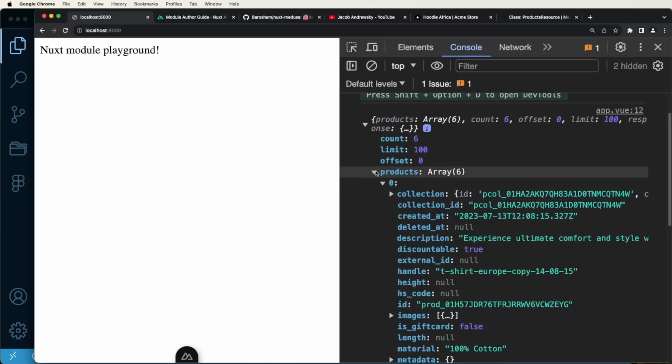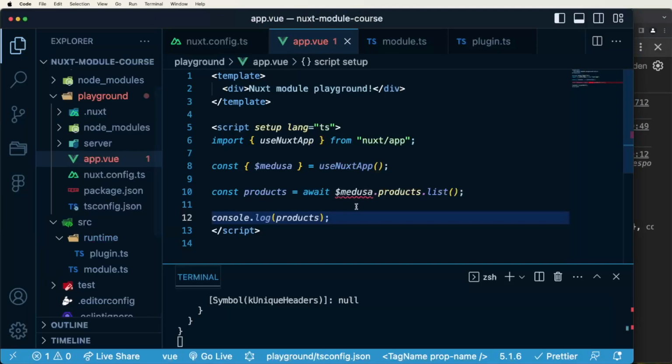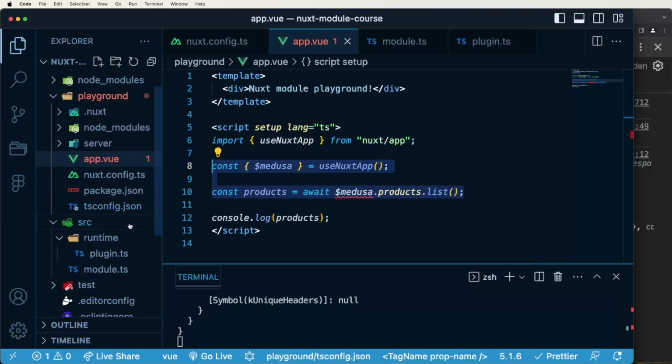So we were able to create this approach to fetch the products, but in order to make it easier for the user to use, because this approach works, but it can be done in a more, let's say, Vue-friendly way, we could create a composable, which is a function that would do essentially a very similar thing as we did here, but in a more Vue-friendly way. And we could also then utilize another feature of Nuxt and Nuxt modules, which is auto import, that basically allows you to register this auto-imported composable or component,